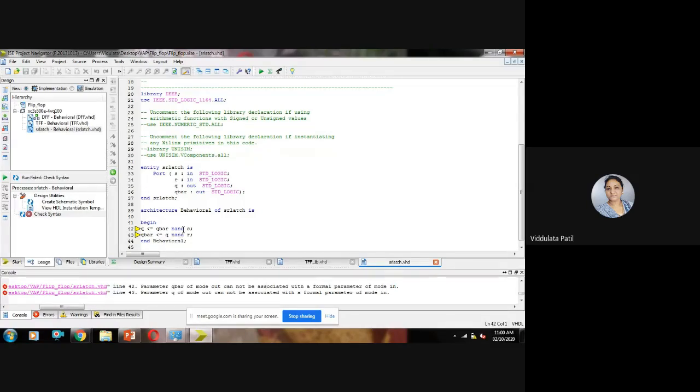But actually these are not inputs, we have declared them as outputs. So what changes do we need to make in this program?